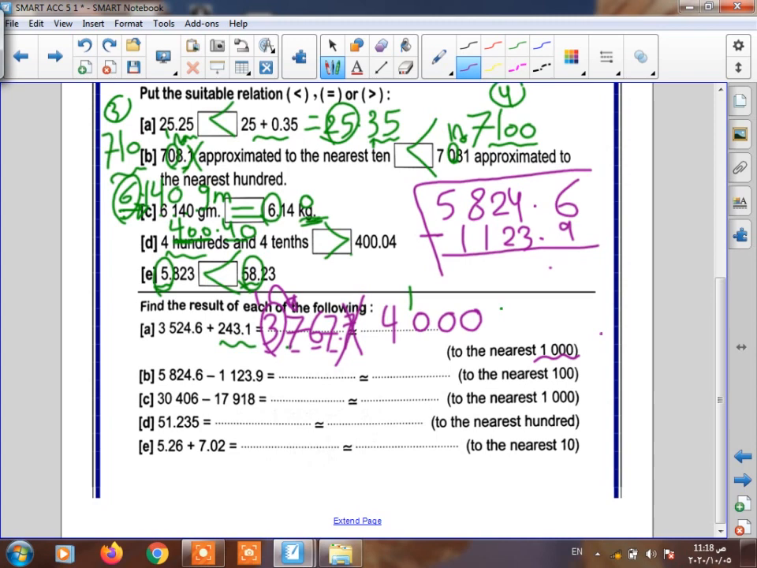6 minus 9, I can borrow from 4, 4 becomes 3, 6 becomes 16, 16 minus 9 equals 7. 3 minus 3 equals 0, 2 minus 2 equals 0, 8 minus 1 equals 7, 5 minus 1 equals 4. So I find the result. The result becomes 4,700.7. Okay, approximate to the nearest 100. Go to my policeman. It is the point. Where can I go? Point, decimal point, right or left? You must go to the left. Unit,